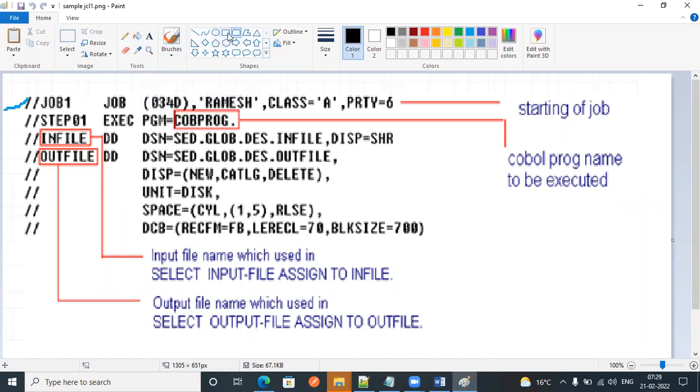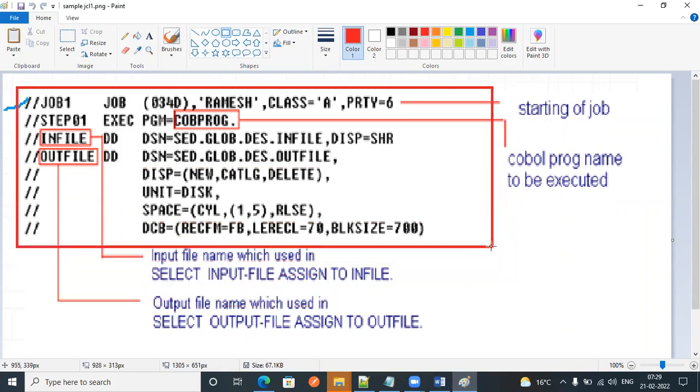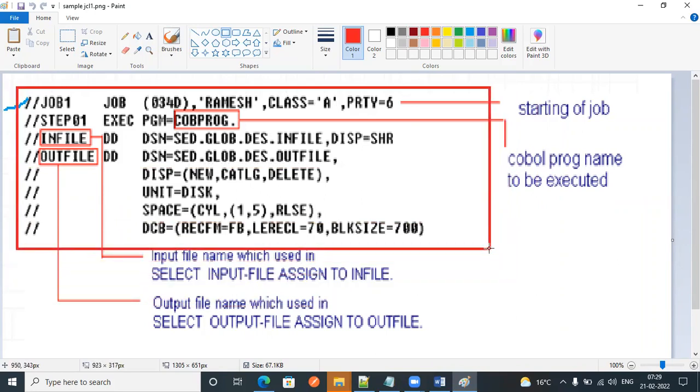Just observe this one. This entire thing we'll call JCL. Here, JCL contains the first step, which is the job card.